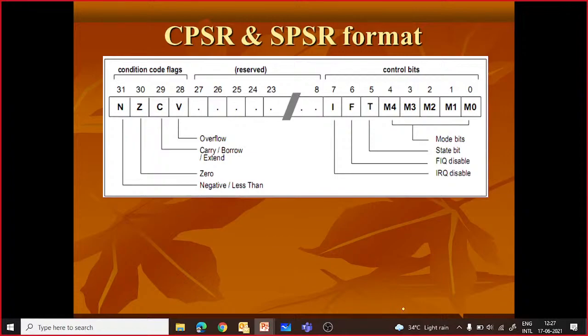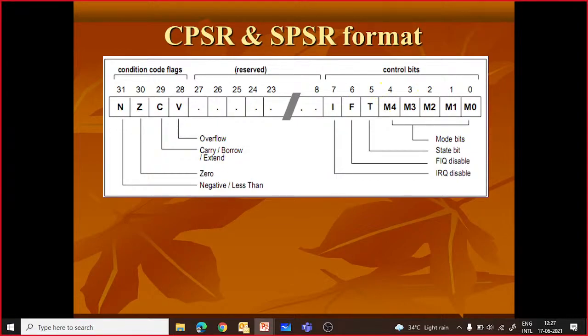Now let's look at the CPSR and SPSR format. The format of both is the same, because the CPSR is saved into the SPSR, so one is a copy of the other. In this we have different bits available.